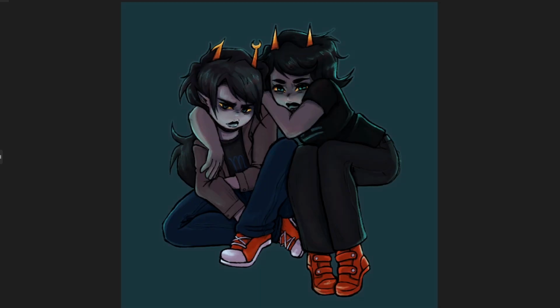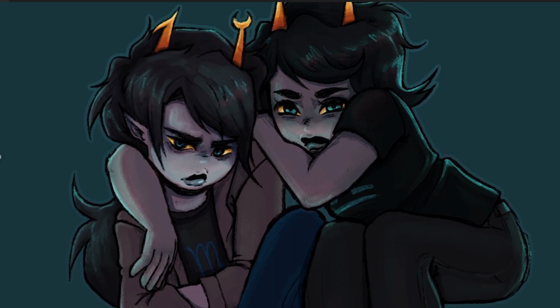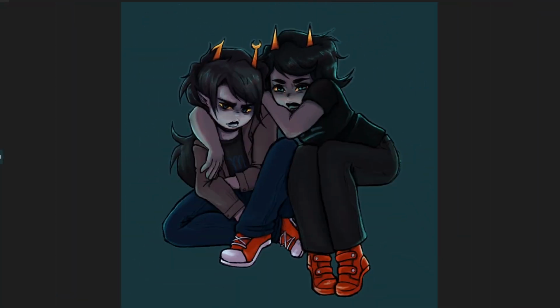This one I love. This is like one of their best pieces, I think. This is awesome. I said before, some of the art makes it look like you are looking in on a very private moment. You're being a little voyeuristic. This one makes it seem like you are interrupting a private moment. That they were trying to cuddle or something, and you are in their way. And the way that their eyes are the brightest part of this image, even compared to their horns, and just staring at the viewer with such disdain is so powerful. These girls want to be left alone. I love it. The red shoes,